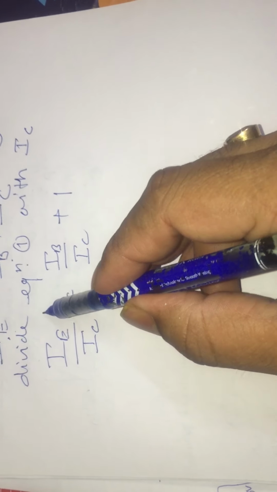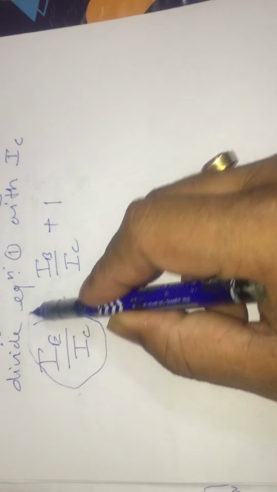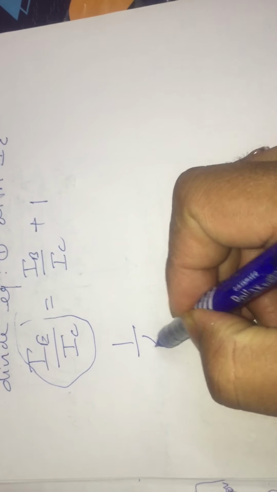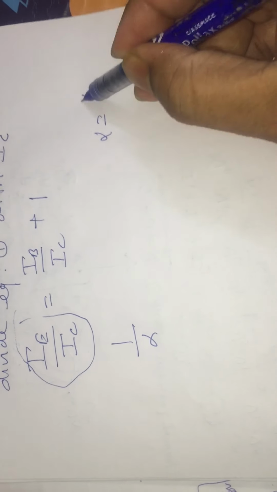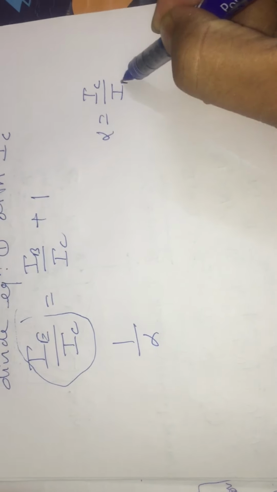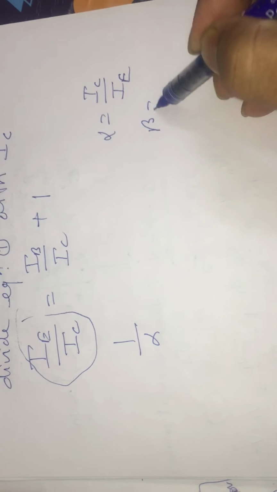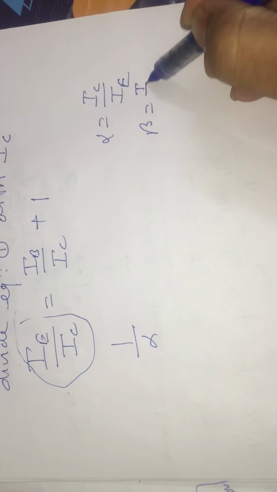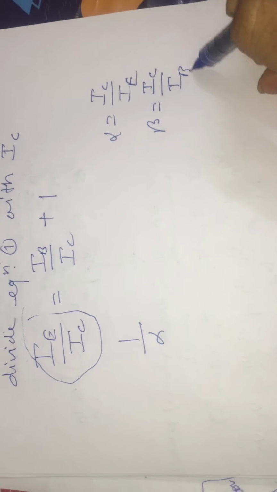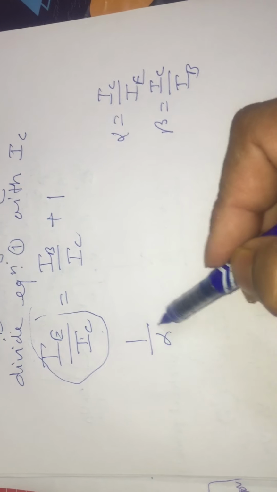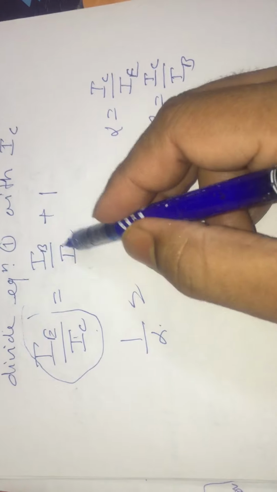What is IE divided by IC? This is equal to 1 by alpha. We know alpha is IC by IE, and beta is IC by IB. So we can put here 1 upon alpha, and here 1 upon beta